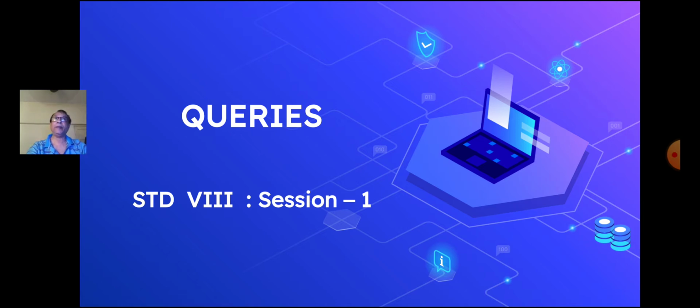A query is a database object that helps you to retrieve and view information from one or more database tables that meet a specific condition or criteria to define. The information retrieved on the basis of specific criteria in the query is stored in a separate table called the query table. Now students, what is a query?